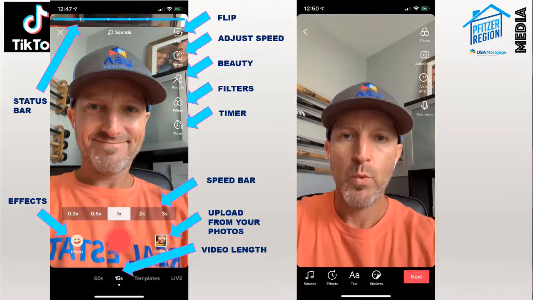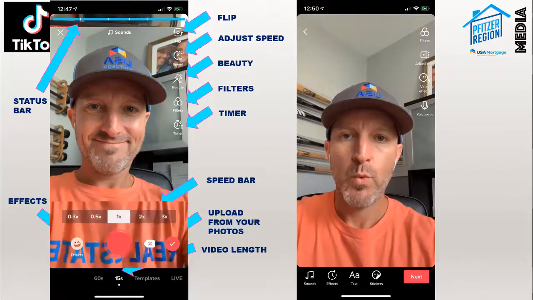So in this case, it's a 15-second video. I filled the whole thing up. And once I'm done with that, it'll take me to the next screen. And then lastly, I want to show you, I just changed the bottom here. You notice there's a little red check mark. If you decide, okay, that's good enough for the video, and it's like a 10-second video within a 15-second frame, you can click this check mark, and it'll take you to this right screen here. So the right image is the next screen.